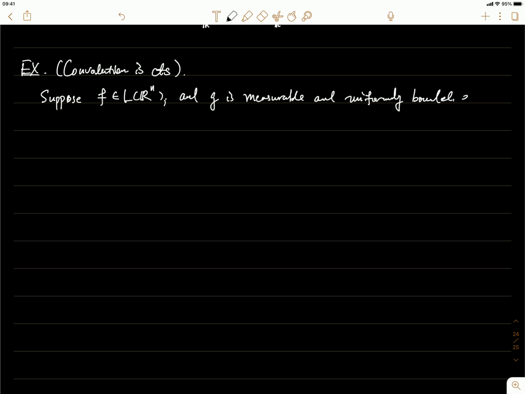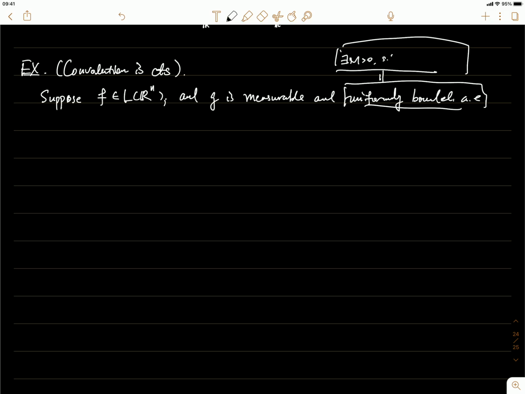I want to be more specific. It means it's uniformly bounded almost everywhere, which means that there exists some M such that f is bounded by M almost everywhere. Okay, so this is what I mean here by uniformly bounded almost everywhere. Sometimes you see some authors say it's just bounded almost everywhere. Usually that also means this, but